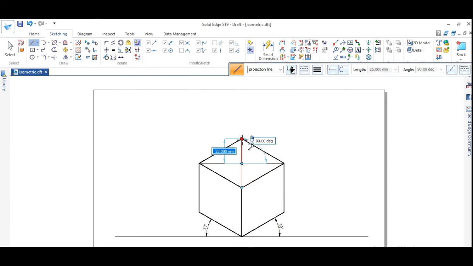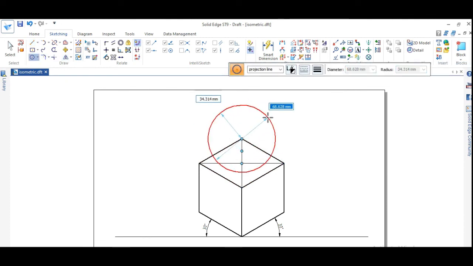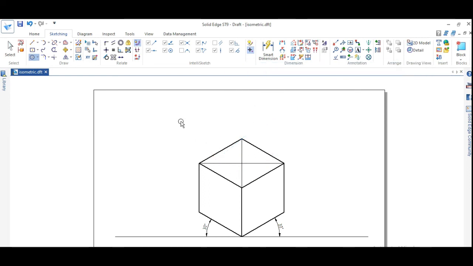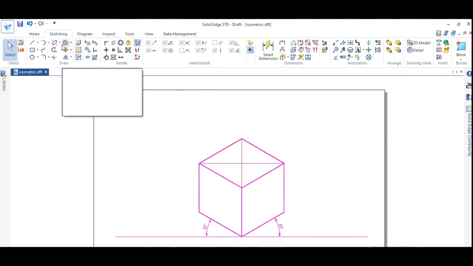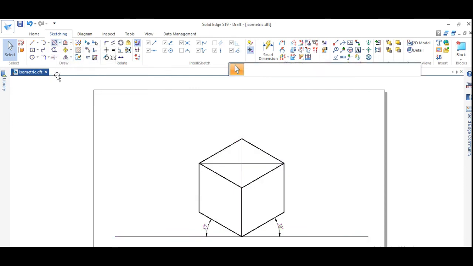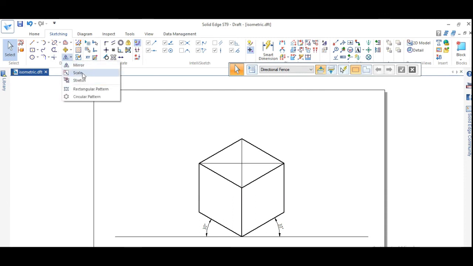Initially I will take 25 mm itself. Okay. Now what I do, I have to draw a sphere. From this point I have to draw a sphere that should be of true diameter of a sphere, right? So for that, initially I will convert this whole thing into iso scale, because the remaining step is what? I have to draw a true length of a sphere. So I will convert this into iso scale.